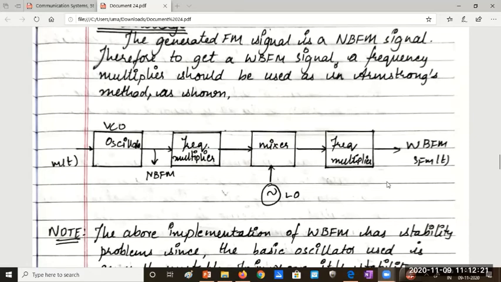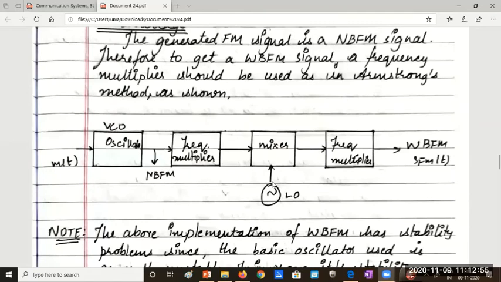Your FM frequency range should be 88 to 108, but you're not getting it in that range because you're multiplying it with a multiplier which is different from what is needed. Okay. So it will go out of the range. It will be much higher than the range. I think I'm going to get 37 mega or 370 mega, something like that, out of the range. So what would happen? To bring it within that range of 88 to 108, I use this frequency mixer.